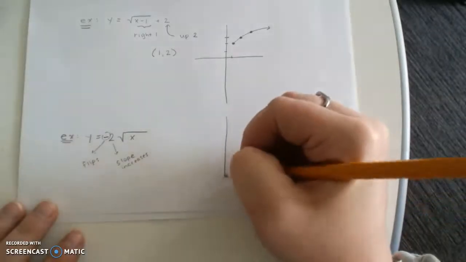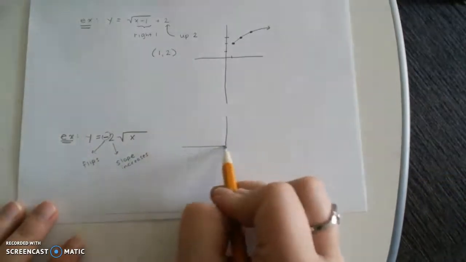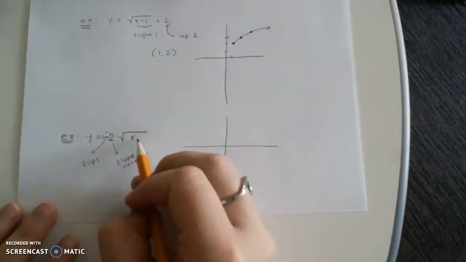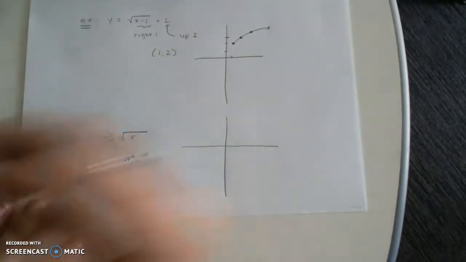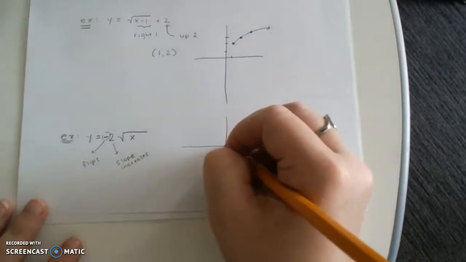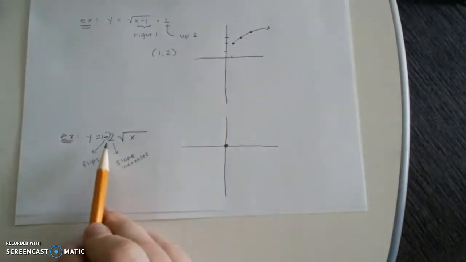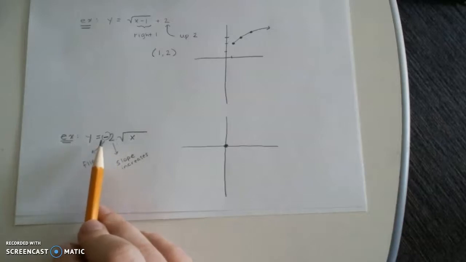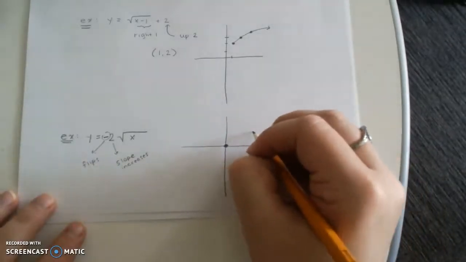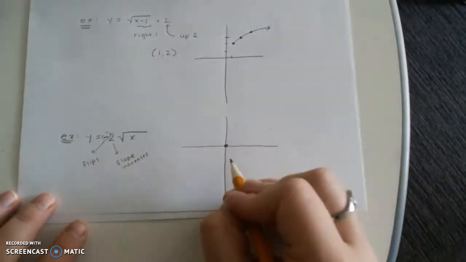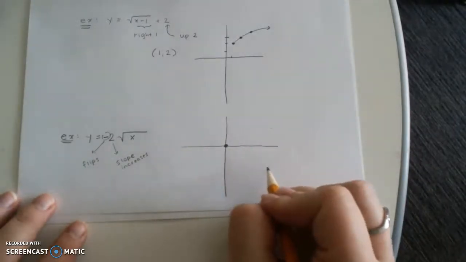My vertex has not changed. Why has my vertex not changed? Well, I don't have anything inside my square root, and I don't have anything on the outside, so my vertex is still 0, 0. But now my slope is 2, and I flipped it upside down. So instead of my graph going this way, my graph is going to go this way, underneath